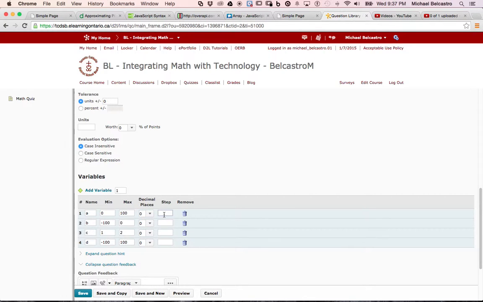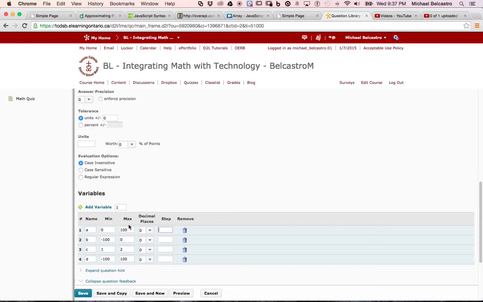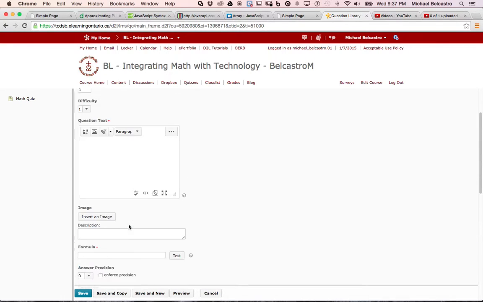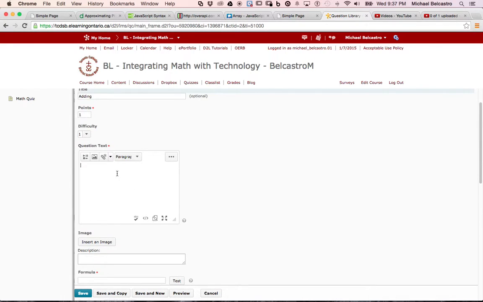You could have them step. They can go up in 2s. They can go up in 6s. All of these are handy for what we're doing. Okay. So I have set my variables here. I'm going to go back up. In my question, I might say I want them to add 6 plus 7 plus 8 plus 9, but because